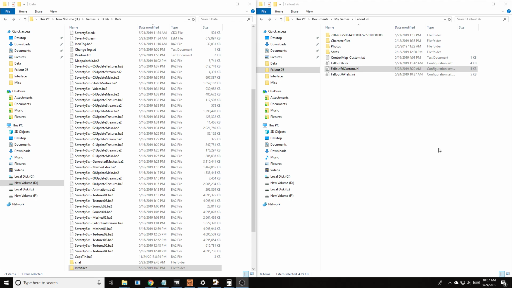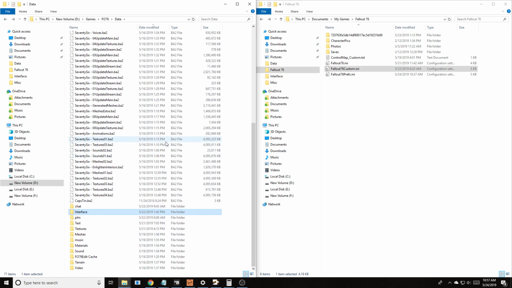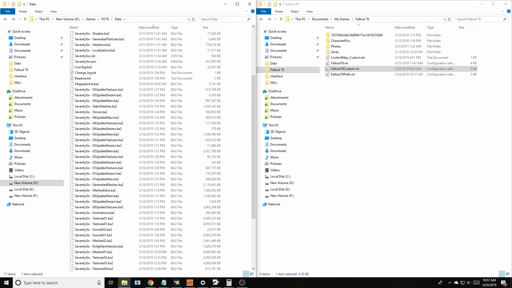The problem is, if you go into interface, you probably won't have all this, but what happens is that a lot of mods use the same HUD menu SWF file, and they conflict with each other. One gets loaded before the other, or vice versa. So anyway, go ahead and